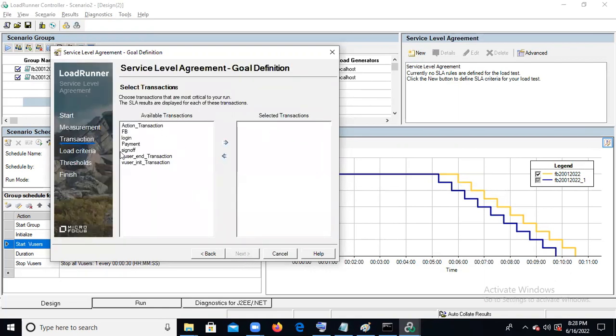And you need to add the transactions you want here. Like, first I want login, and after that flight booking, and payment, and sign off. If you missed adding one here, you can click on this and it will come here. So I am adding these transactions